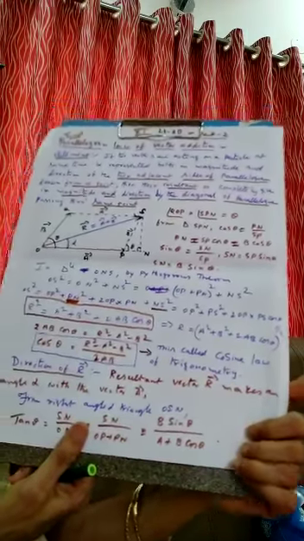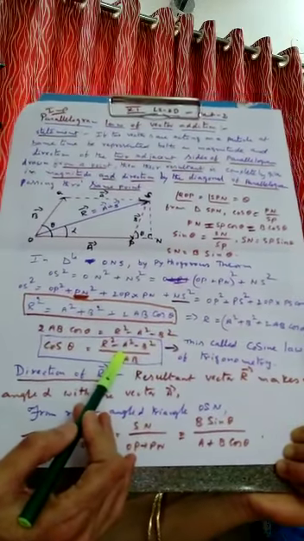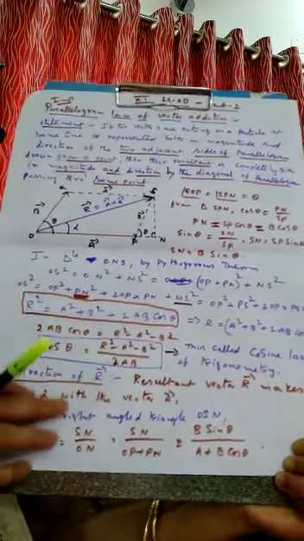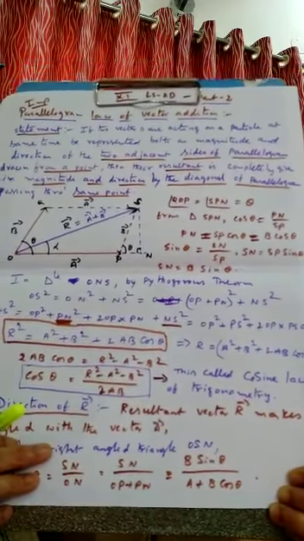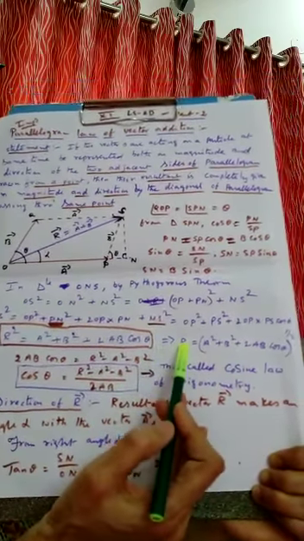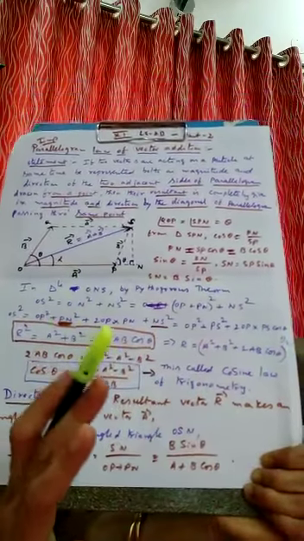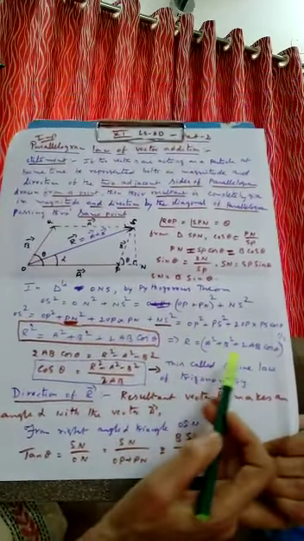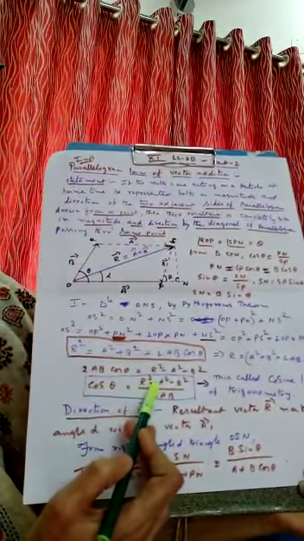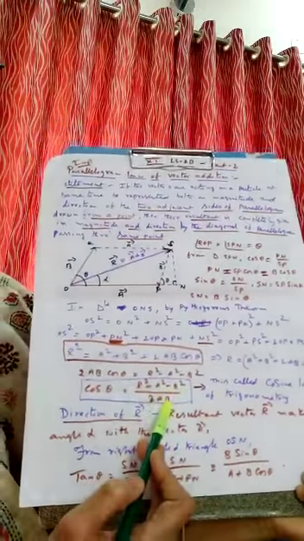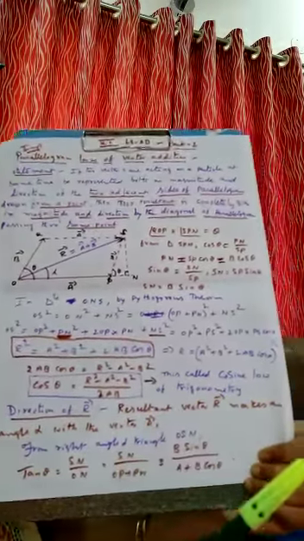Okay, so up to here everyone can understand, but here I would like to say something. Be careful. Generally we use in physics the cosine law of trigonometry. What is cosine law? Very simple. Everyone knows R square is equal to A square plus B square plus 2AB cos theta. Simply rearranging the terms, we get cos theta equals R square minus A square minus B square upon 2AB.